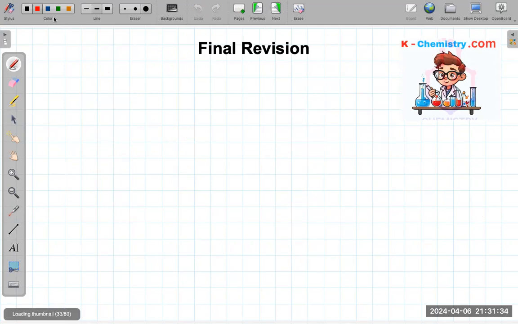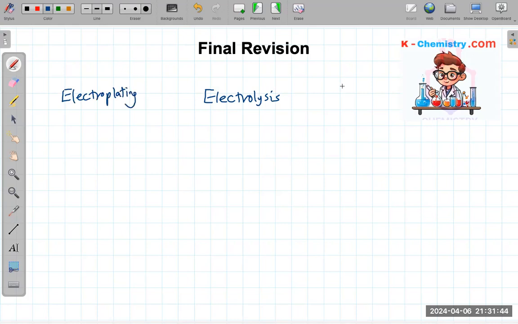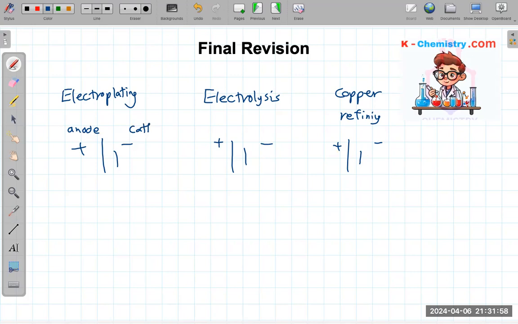As we explained before, electrolysis is the same thing as electroplating, and the same thing as copper refining. All of them are based on the same electrolysis process, because in all of them they have a battery. In all of them they have plus and minus. The plus in all of them is called the anode, and the minus in all of them is called the cathode. And this one in the electrolysis is connected to 2